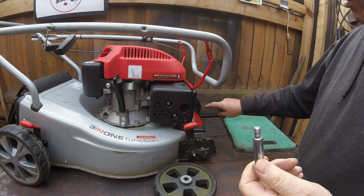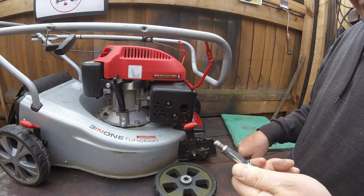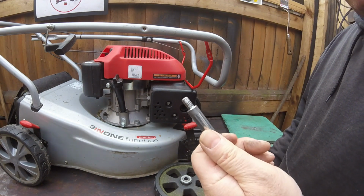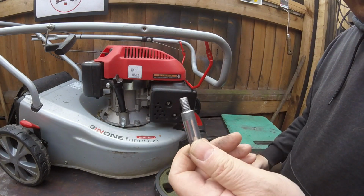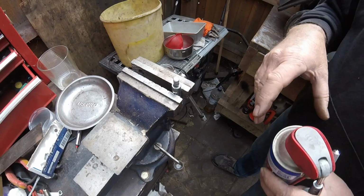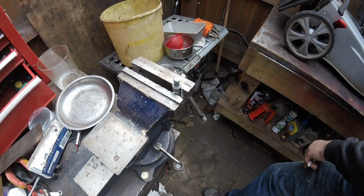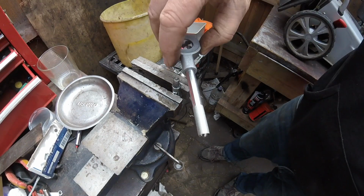So what we're going to do first, I'm going to take the other side of the wheel off, have a look at that bolt and see what thread it actually is, and see if I can re-tap and die these to see if it will fix, and if it does, I will see if I can get a nut on the other side to stop that coming out. So let's get the other wheel off and then I'll come back. Right, so what I have found is an M8 tap. So what we'll do is we'll see if we can re-tap these first,